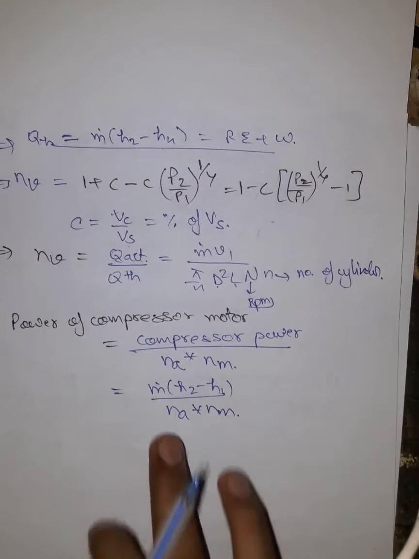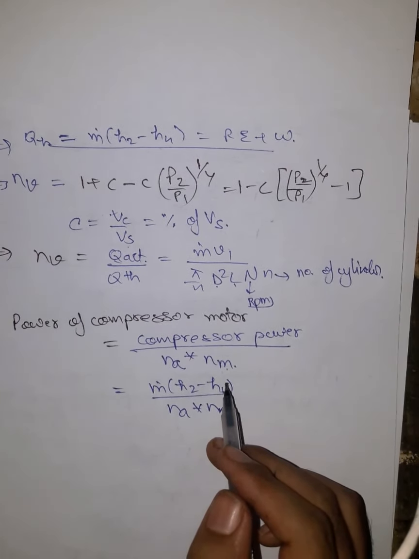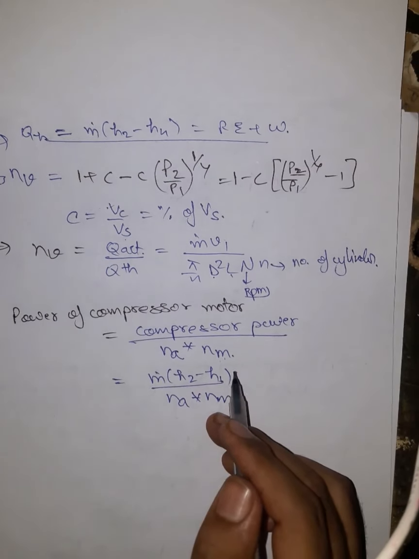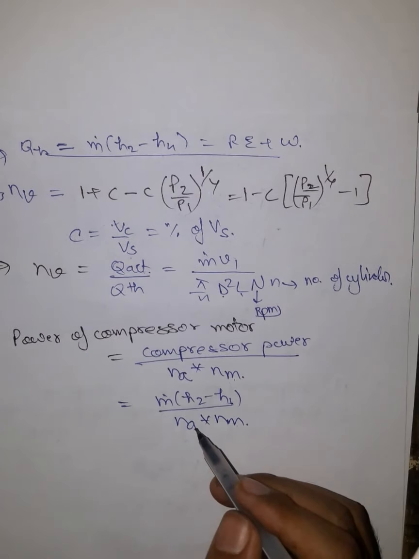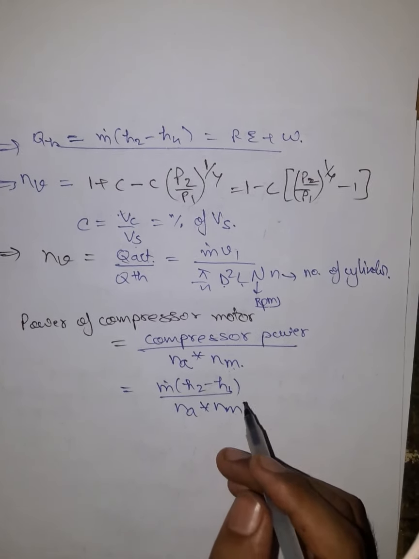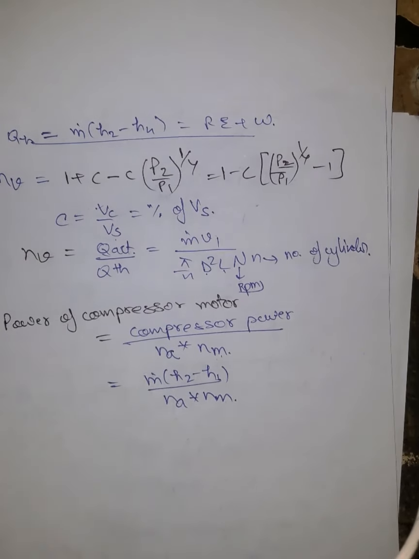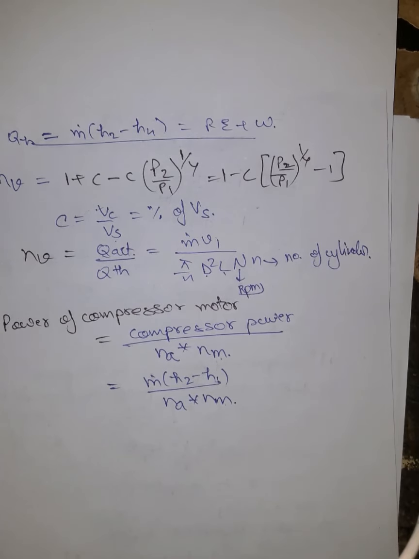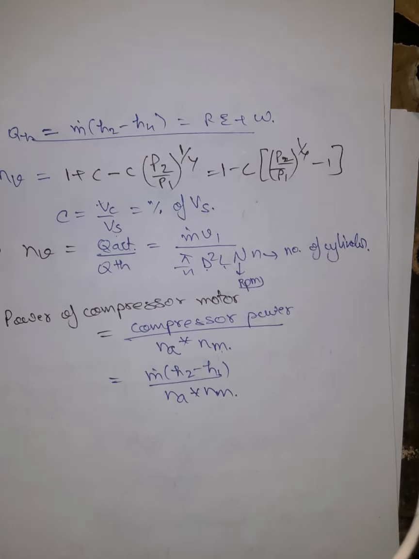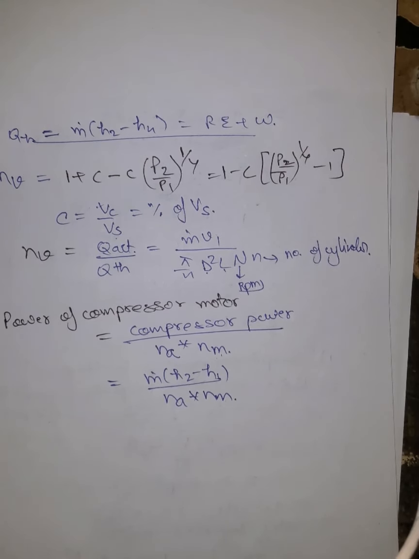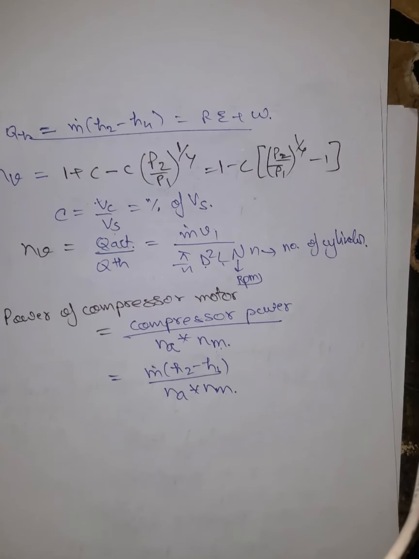Now why do these efficiencies, eta a and eta m, come into play? They come into play due to the various types of losses involved in the process. Eta a is for the adiabatic losses, because the process would not be totally isentropic, it will certainly deviate practically. And what are the various mechanical losses involved? These are the friction between the motor shaft and the motor casing, coupling losses, the friction between the compressor shaft and crankcase bearing, and also the motor winding losses.